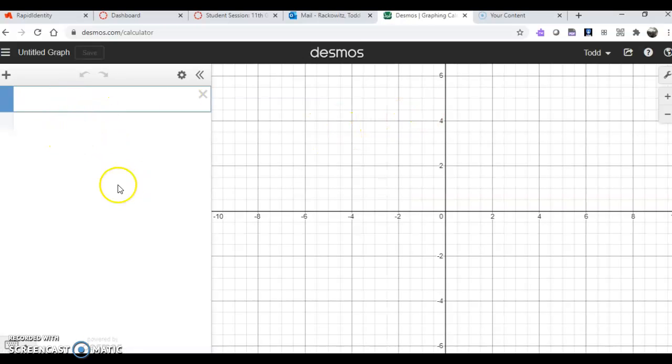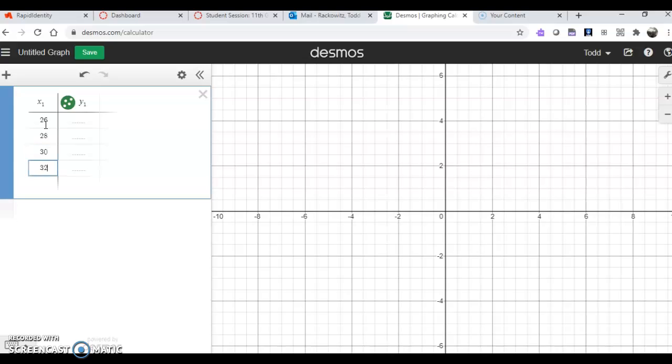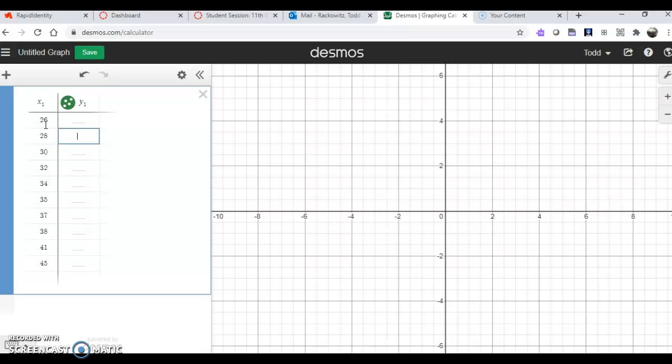To start with, you're going to want to put the data into the calculator. So with this plus sign, you can add an item, and you want a table. So your X values, let's make those your low temperatures: 26, 28, 30, 32, 34, 35, 37, 38, 41, 45. And then your Y temperatures that match up, the high temperatures, are 49, 50,